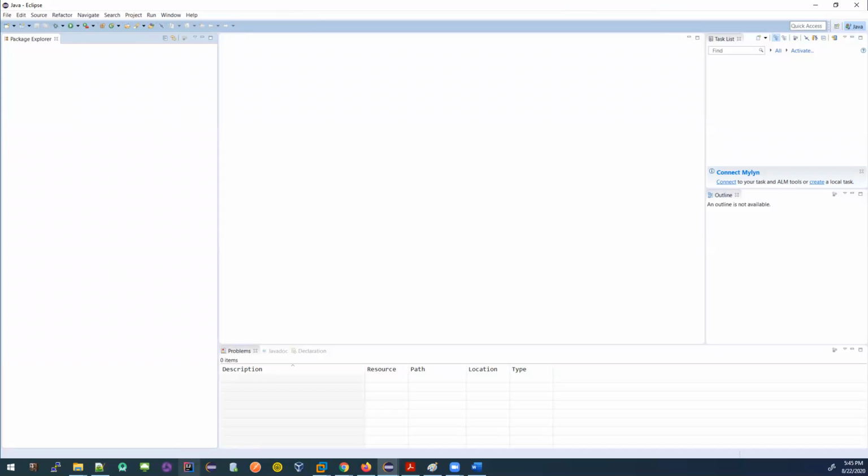Besides Eclipse, we also have IntelliJ. Let me open up IntelliJ. Then I can show you the difference between IntelliJ and Eclipse. You need to know your tools very well. Without Java installed, you cannot execute Java code. You cannot do anything, right? You need Java installed. You need the IDE installed.